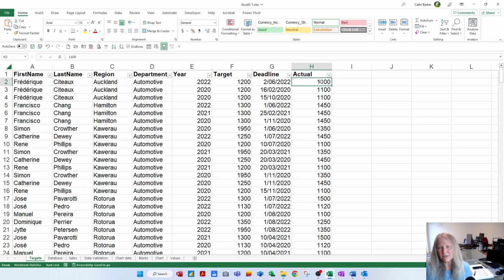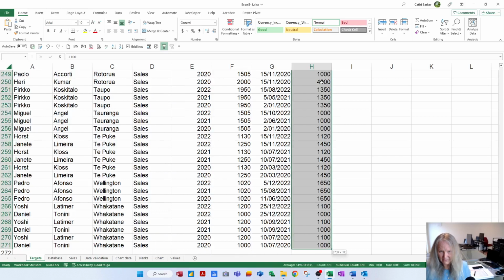But if I click on H2 and go Control Shift down arrow, then that,